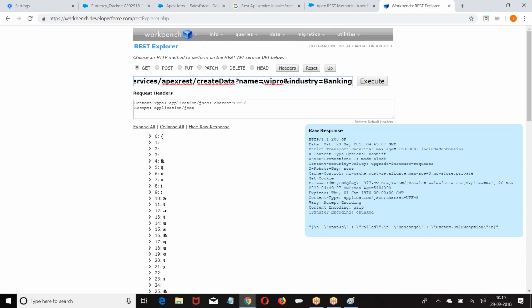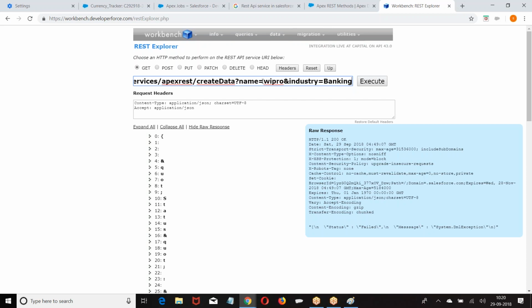Whoever is going to pass the data, they pass it in the URL only. Now, how do you read the data which is passed in the URL? If it is a GET method, you will not have any body. Whatever data somebody wants to pass will come to you in the form of URL.